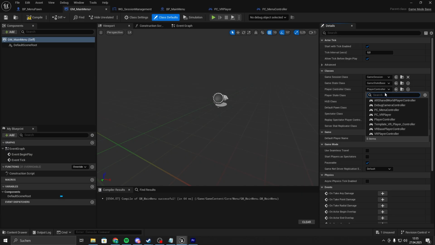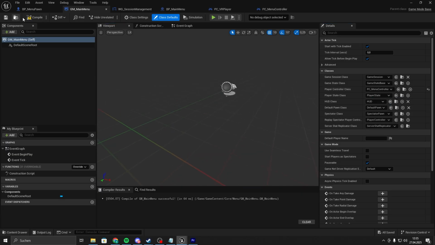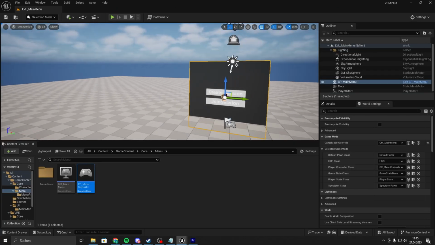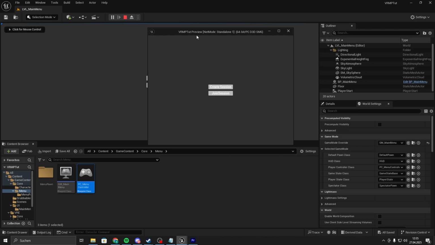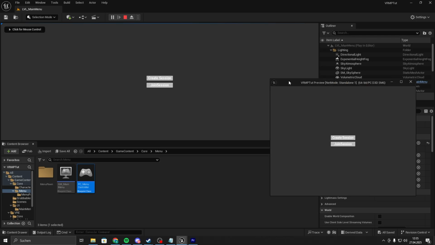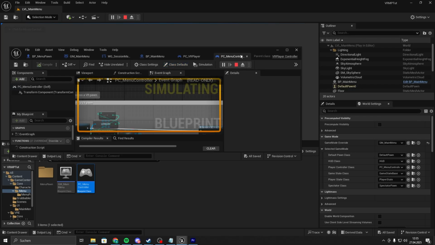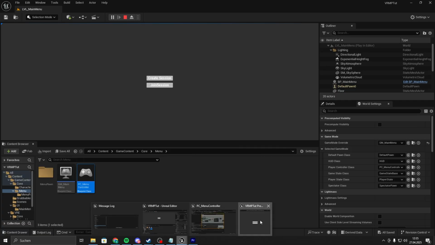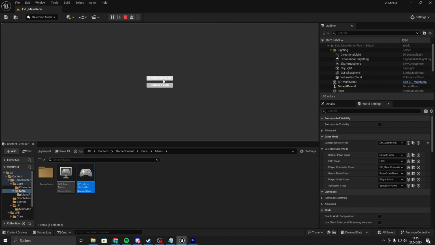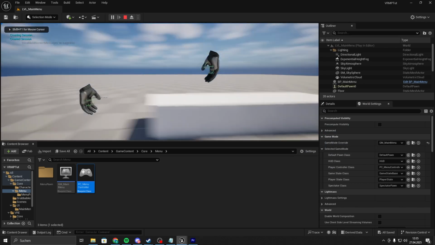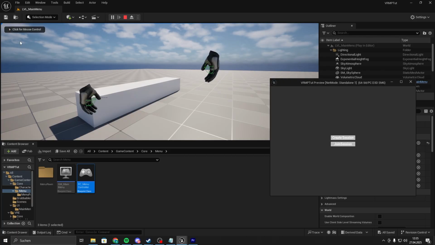And if we now go back into the GM main menu, we can take the pawn out here and just take the player menu controller, save, compile, and as said, I don't have a VR headset enabled at my computer right now. If we go for create, it will now just spawn the widget without any VR pawn. Again, it's pretty convenient for debugging, and if I hit create session, creating session, created session, on the upper left,